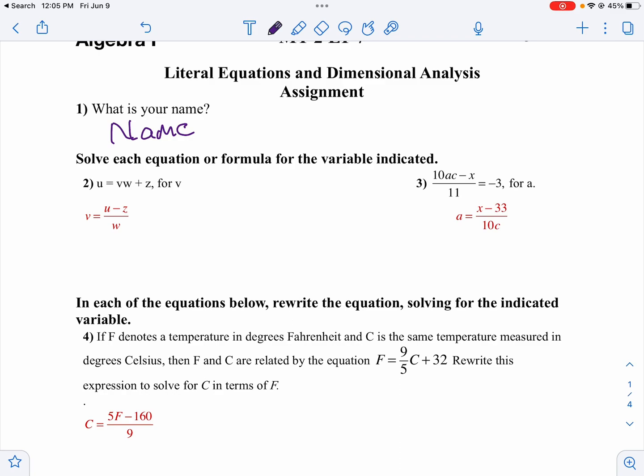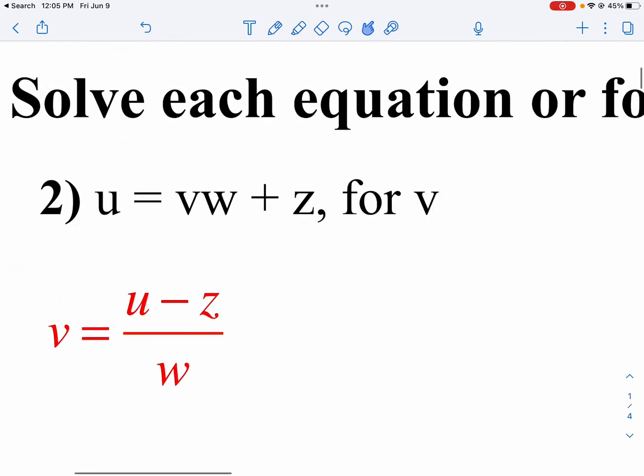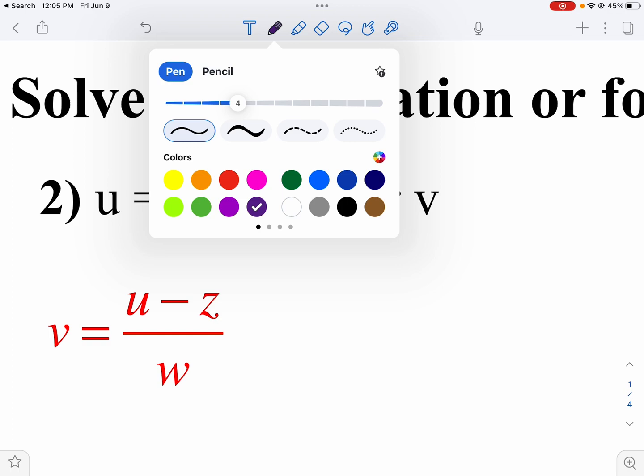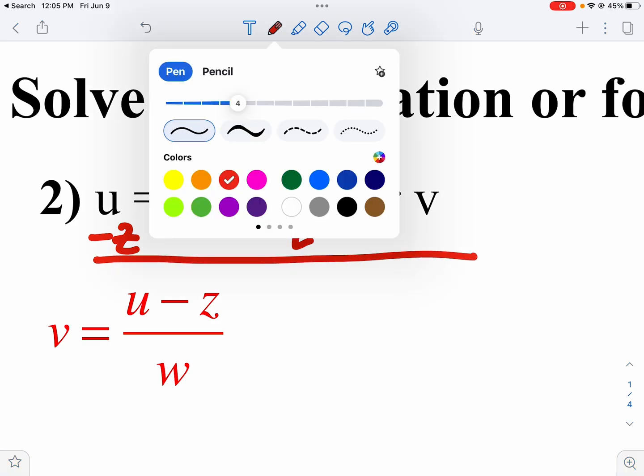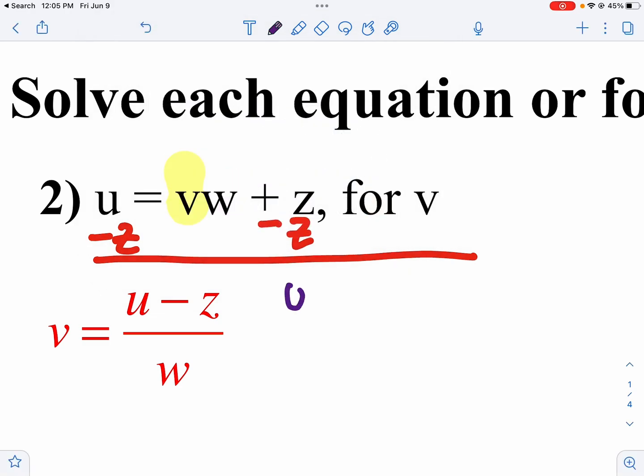Okay, question number 2. I want you to get V by itself. So we're not going to move the V. I'm going to highlight that to remind myself. Don't move the V. We're going to undo addition first. So we're going to subtract Z from both sides. And when you subtract Z from both sides, notice you can't combine U and Z. So we're just going to say U minus Z on the left